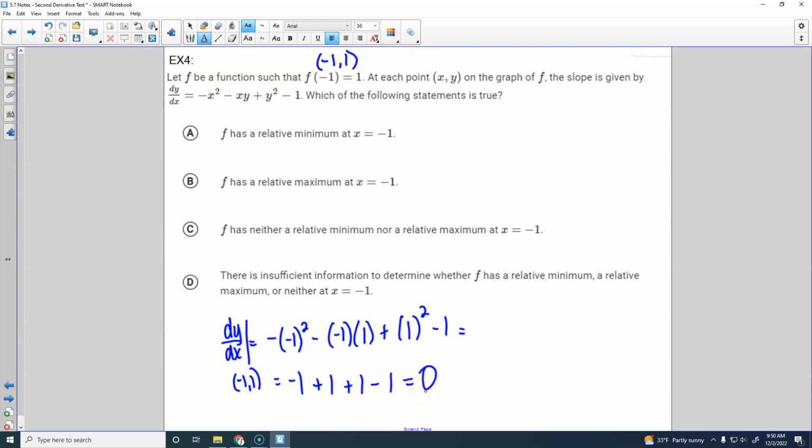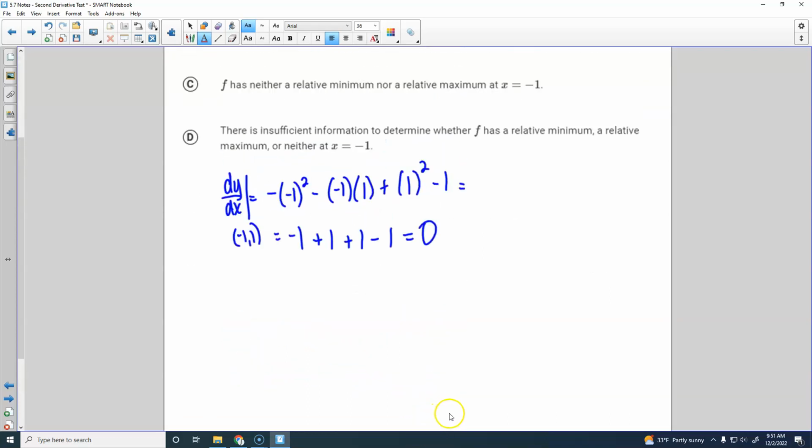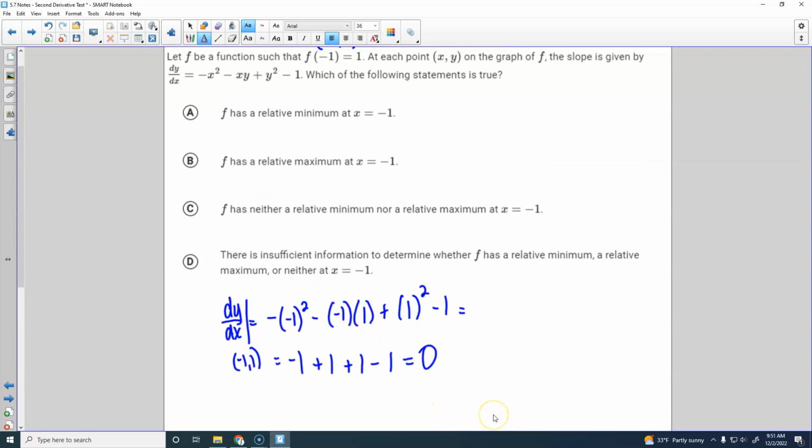0, which is good because if you have implicitly defined functions, you're going to have to use the second derivative test, and you can't use the second derivative test unless the first derivative equals 0. So you are not done here, but this tells you that you can use the second derivative test. So now you need to look at the second derivative of that, which means you've got to take the derivative of this implicitly defined function. So the second derivative